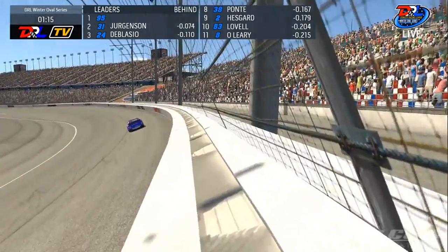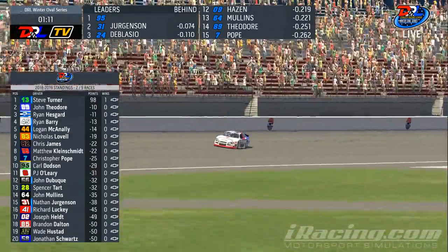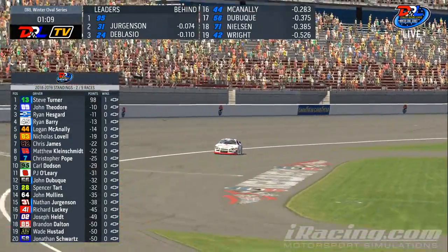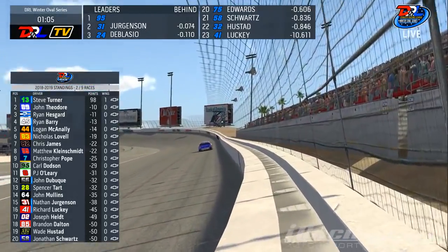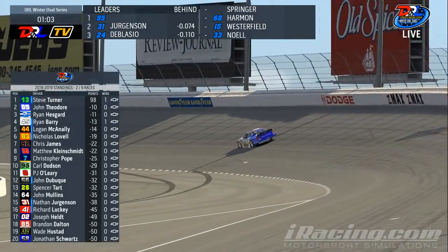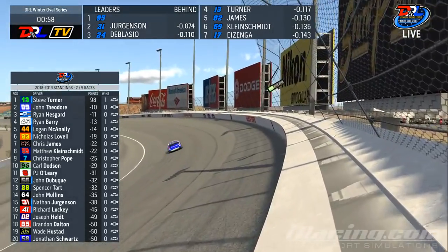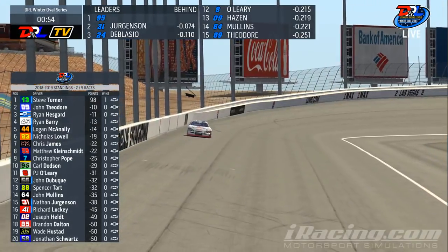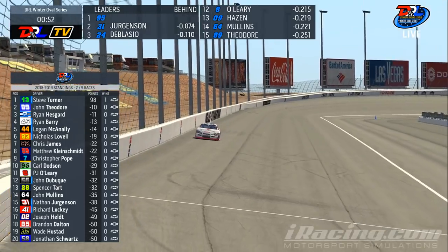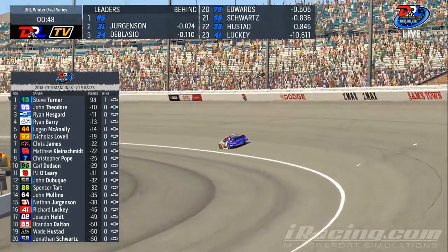Yeah, no, absolutely. As we are just about wrapping up qualifying here, let's bring up the point standings through 2 races here. Steve Turner, one of the newcomers here to the Dynasty Racing League, is actually leading the points over one of our mainstays, John Theodore, Ryan Hesgard, Ryan Barry, Logan McNally. You can see a lot of new faces here, and that's kind of the exciting part about the Winter Oval Series, is we are able to bring in new recruits and see how they do here with our high-end talent